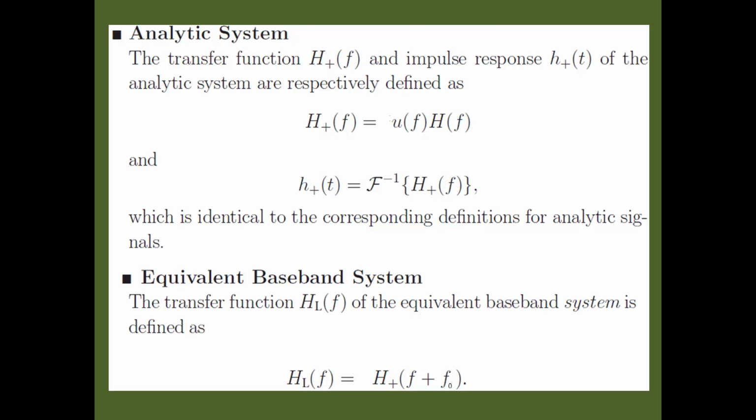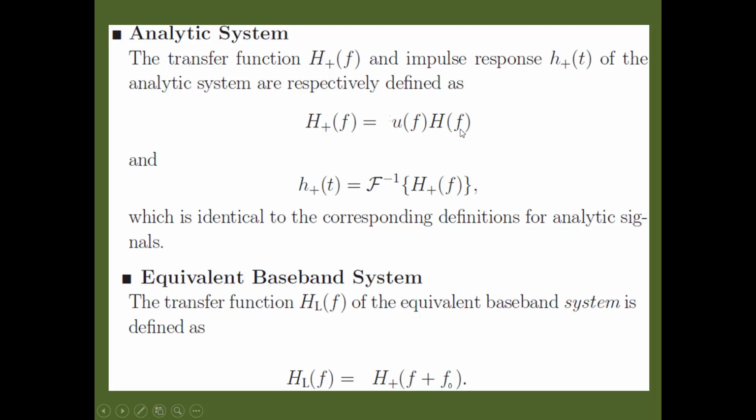That positive side we call the analytic signal. In the same way, we will consider the analytic system, which is H plus f. That means the positive side of the transfer function of the system, and the impulse response h plus t of the analytic system are respectively defined as